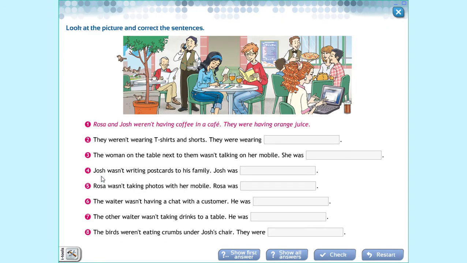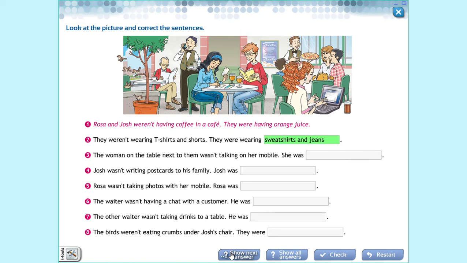So let's continue here in this another exercise. In this you have the picture, the whole picture, and it says that you have to correct the sentences. We have the number 1. Rosa and Josh, by the way, this is Rosa, this is Josh. Rosa and Josh weren't, negative form, no estaban. They weren't having coffee in a cafe. They were having orange juice, and you can see the orange juice there. They weren't wearing t-shirts and shorts. They were wearing